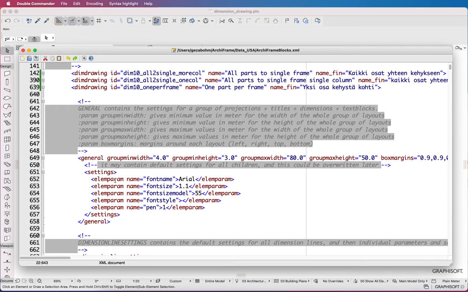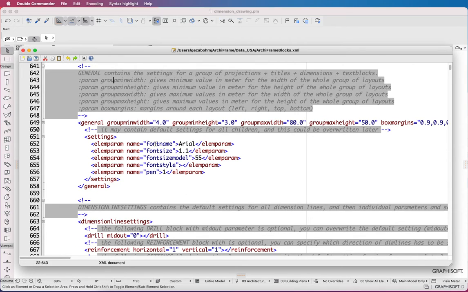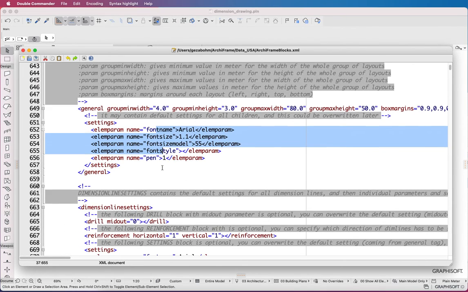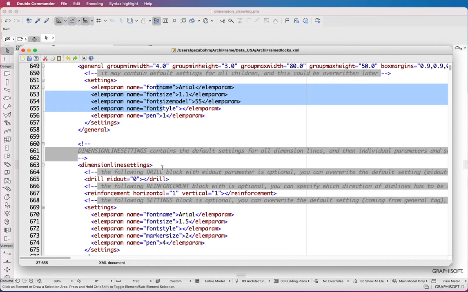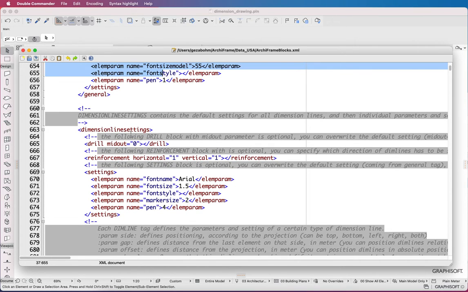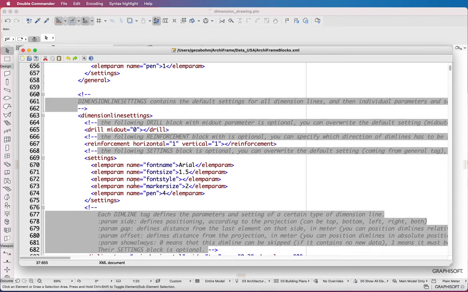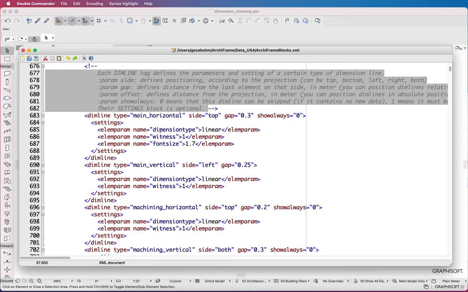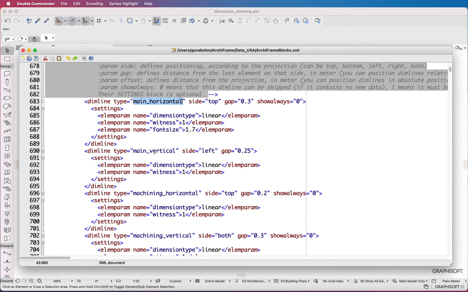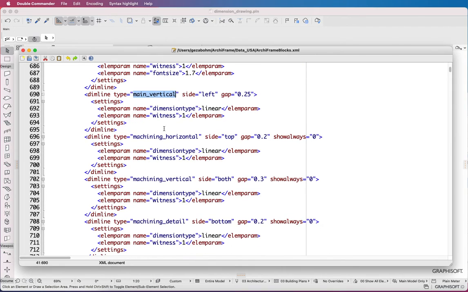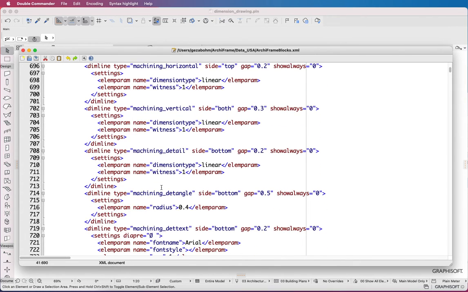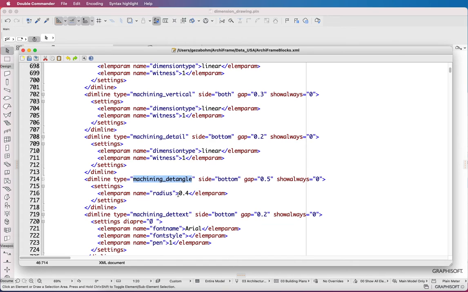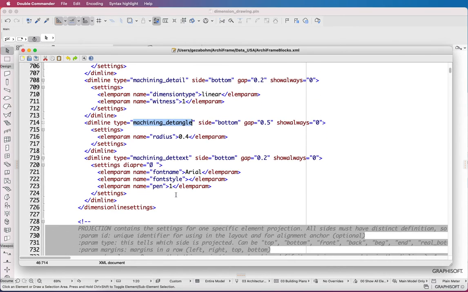The general settings are for the size of the frame and parameters for the text style. Dimension line settings are quite obvious. You can set the details of various dimensions. Note that dimension lines are separate, so there are settings for the main horizontal, the main vertical, and all the machining related dimension lines, and for example this is the detail angle, and so on.